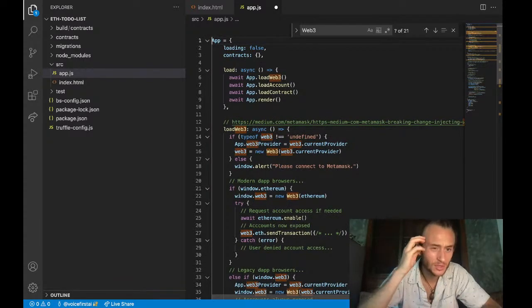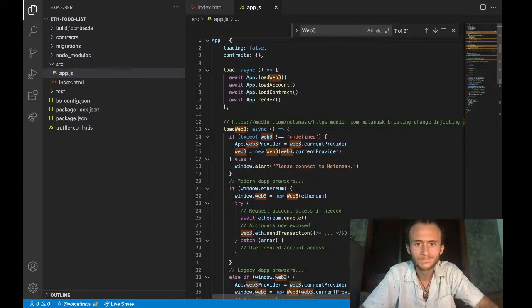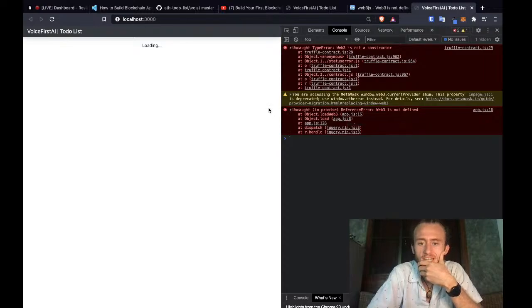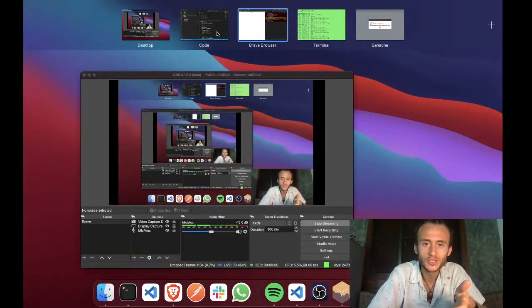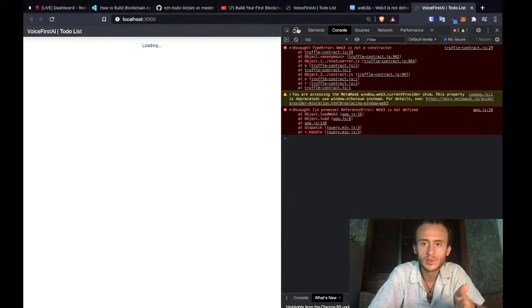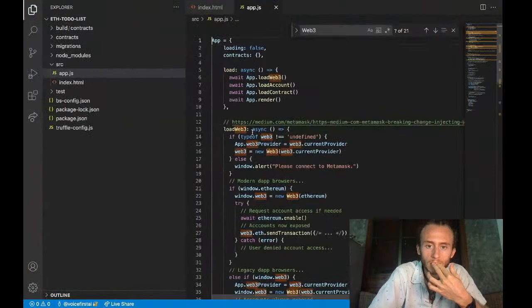Because this code does not look very clean to me. Web3 is not defined. I know it's not. We need to figure out how to import it. Maybe I import it inside of the